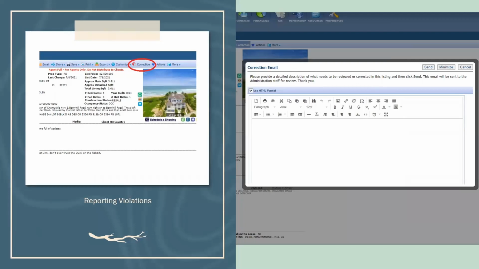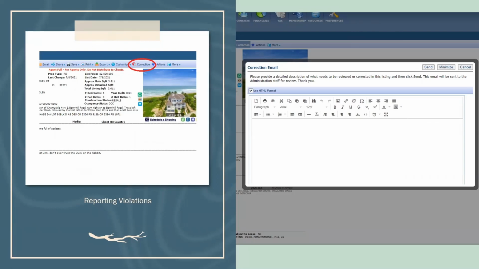Because I can't tell you the number of times that we just get a blank email. We know that this particular listing has an issue, but we have to spend time finding out what the issue is. Unfortunately, the staff doesn't have time to go in there and say, okay, this says 3 bedrooms. Does the county say 3 bedrooms? Does this say this? Does this say that? So if you tell us as much information as possible, we'll be able to address it quickly and correct the issue.